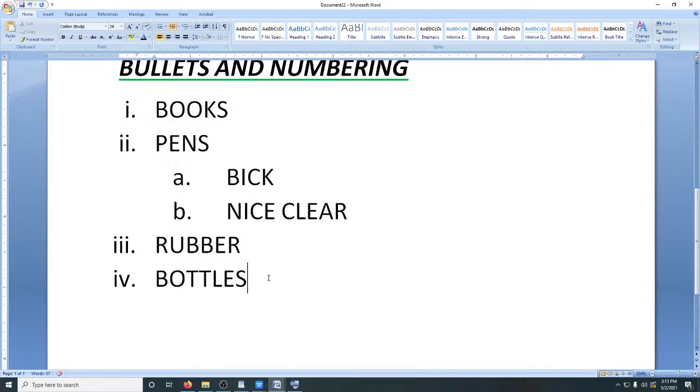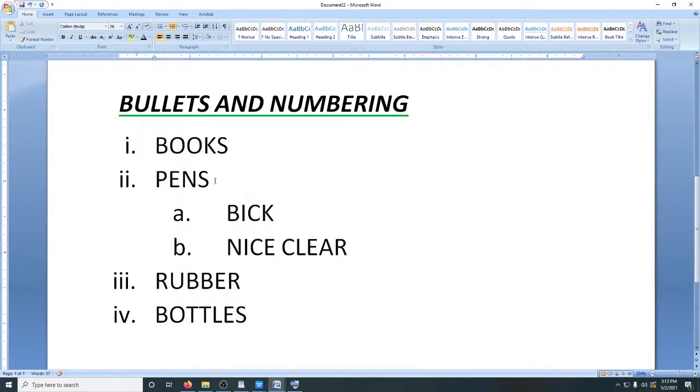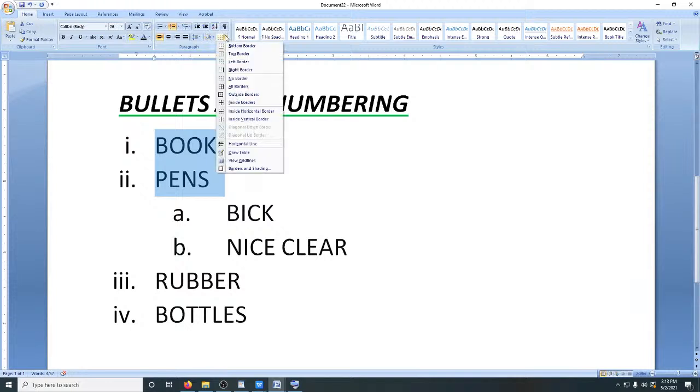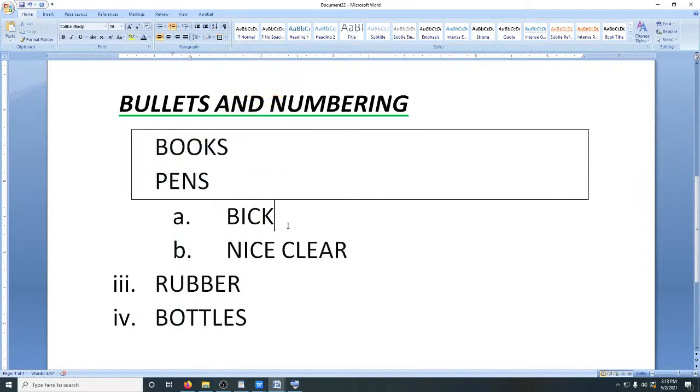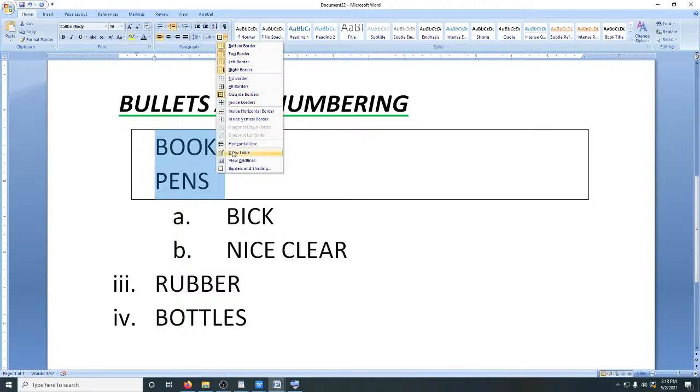Let us now do what we call borders. Select what you want, enclose it in a border, and it will be enclosed right in the border. You can select it and change the border, give it a thicker color,